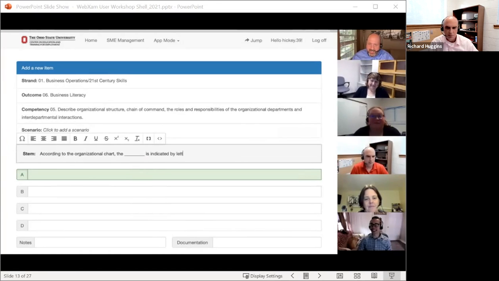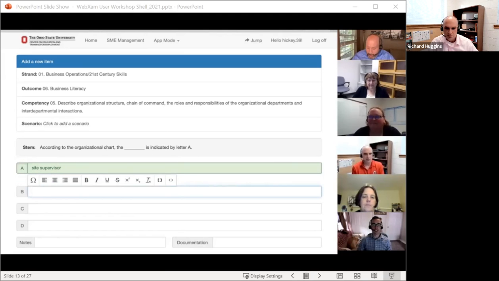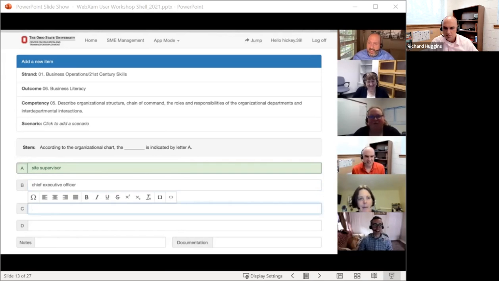Most of the items are written in a small group setting over multiple workshops. Some additional items are written as homework by the individual subject matter experts. Once the entire bank of items has been written, each item is reviewed in a large group format to ensure technical accuracy. Once all the test banks have been created and reviewed, each course goes through a process of validation